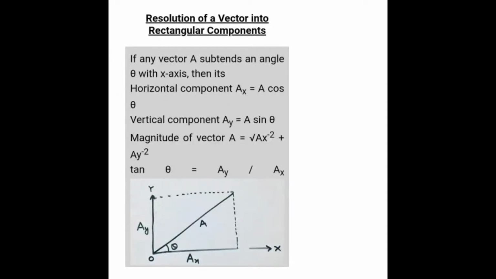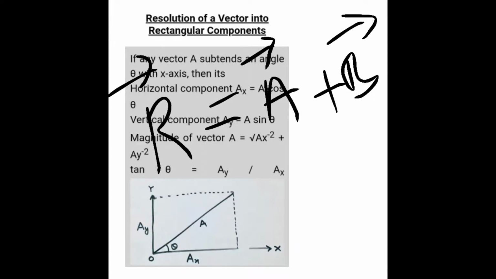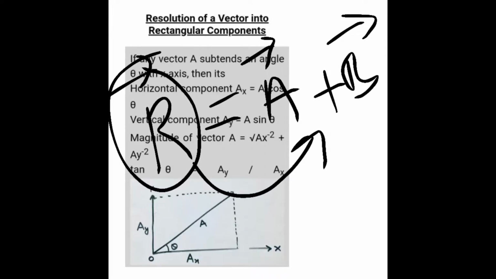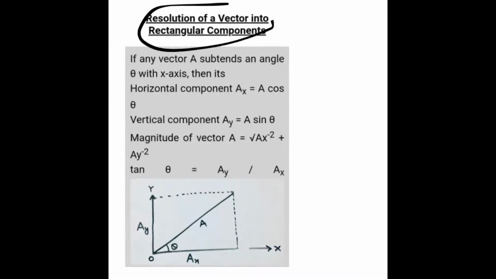One thing you note: from the triangle law we have learned, if the resultant r vector equals a vector plus b vector, this is called the resultant vector, right? Now from a given resultant vector, if we can split it into two or more components, then that is called resolution of vector. You can add that to the definition. So what do you mean by resolution of vector? Resolution of vector is defined as splitting a resultant vector into two or more components.